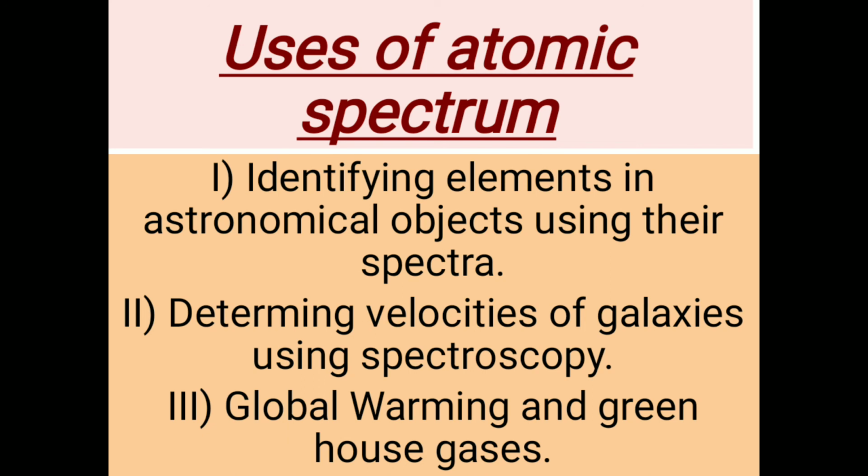The Earth is a very sensitive and complicated system upon which life depends, and changing the delicate balance of the temperature and the atmospheric gas content may have disastrous consequences if we are not careful. So, all these are the uses of atomic spectrum. Atomic spectrum or spectroscopy is very useful for determining or knowing all these things.